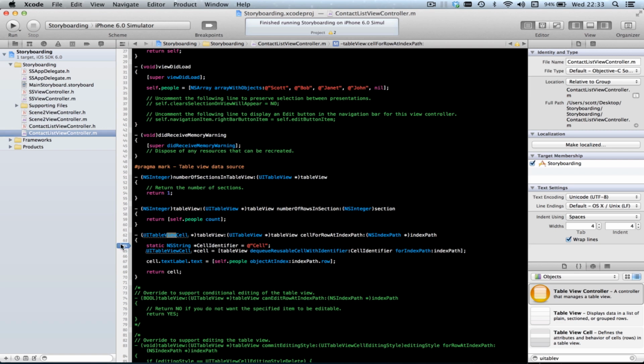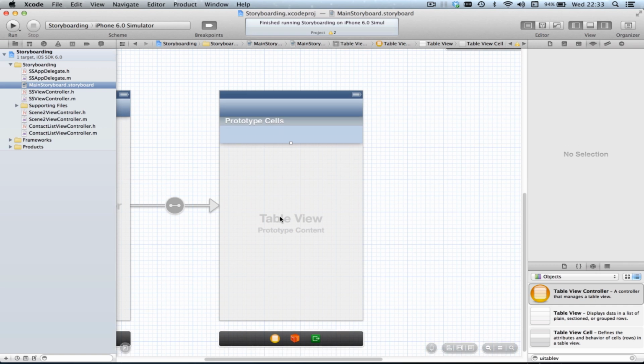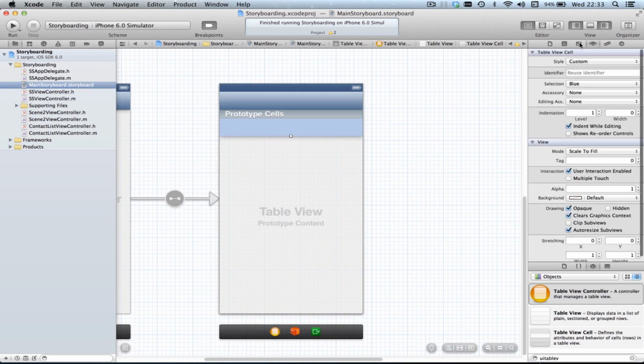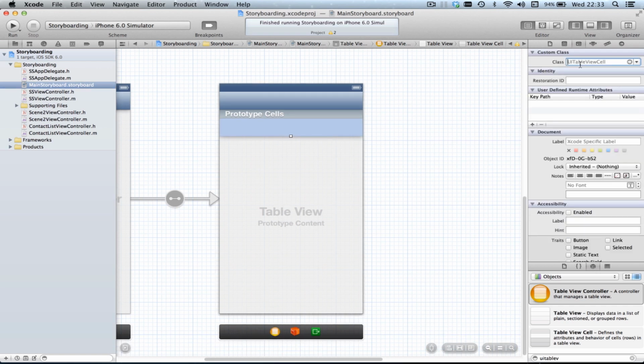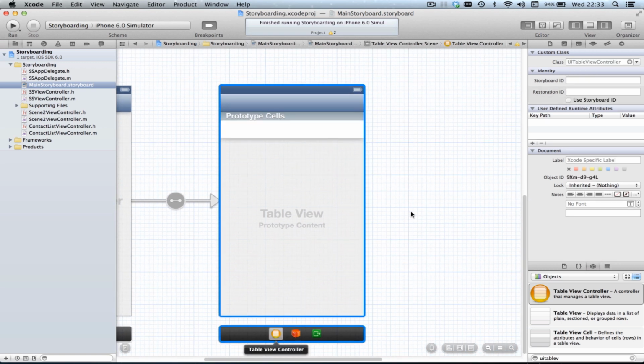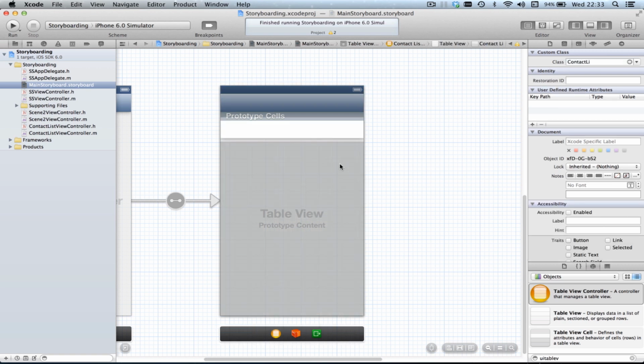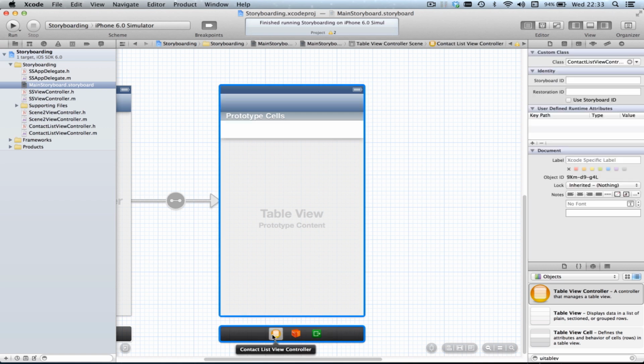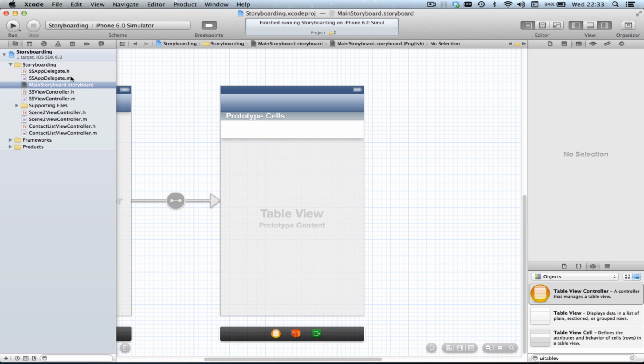Oh, it didn't crash because I didn't set the table view correctly. So let me just set this to contact list. Oops, need to highlight the right thing. Back to normal. Okay, so I've set the type of the UITableViewController to contact list view controller. Now if I run this,